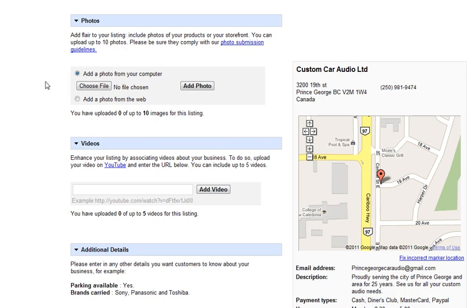So I'm going to put down Prince George Custom Audio, Prince George Stereo Shop, whatever I've used, Prince George Stereos. I want to make sure that I have the city and the keywords together. That's how I want to name them. Now, I want to make sure that I have all 10. So if I've used 5 keywords out of my categories, it leaves me with another 5 images to load. And I want to make sure I'm using another 5 keywords. So I will have in total 10 keywords that I'm going to rank for,